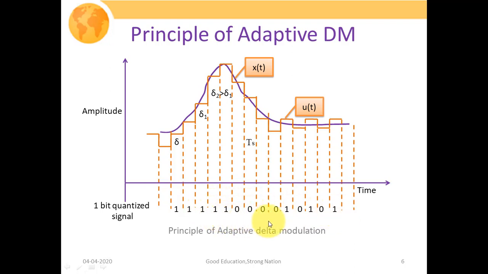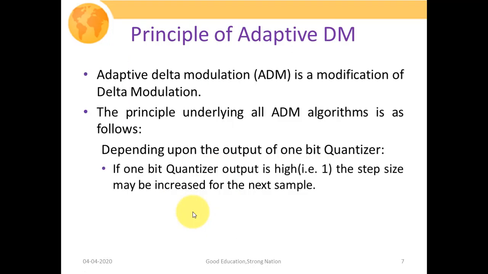So bit stream generation is analogous, or similar, to our delta modulation, but the difference we are making here is that we are making our step size delta adaptive. It can automatically increase or reduce its step size depending upon the signal variation in order to minimize the error. So adaptive delta modulation is a modification of delta modulation. We can say that, as we had already discussed, its working is almost similar to our delta modulation, but we are in a position to reduce the errors that we have in our delta modulation.